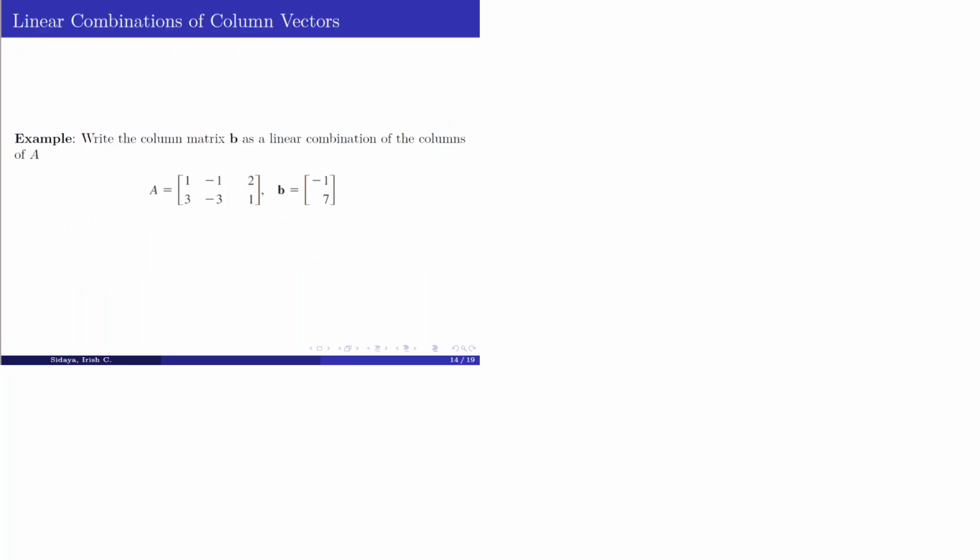Example, we write the column matrix B as a linear combination of the columns of A, where A is this and B is this one. So this means that we need to find the coefficients x sub 1, x sub 2, x sub 3 such that